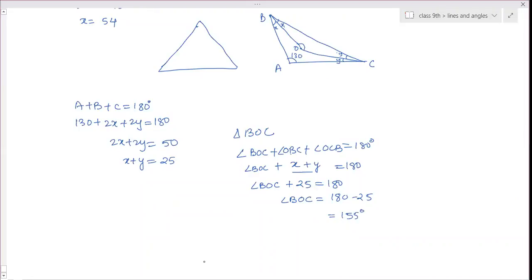Ma'am, of these type of things, you told some other formula. I forgot it. That formula is 90 plus A by 2. That you have to prove. You are not using that directly. This way you have to solve, because that is not a theorem. That is one of the questions. We can't use it directly. No, directly you cannot use it.